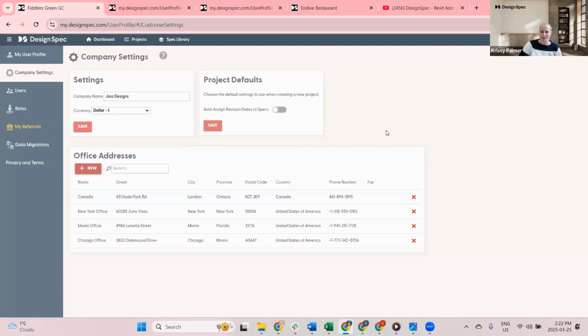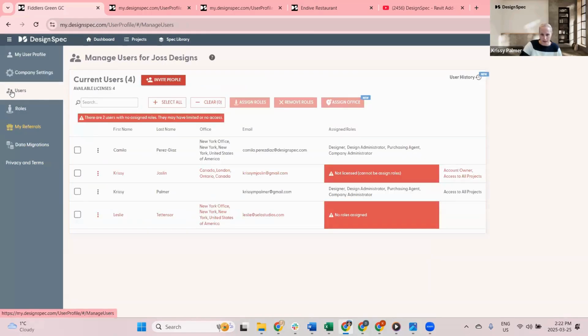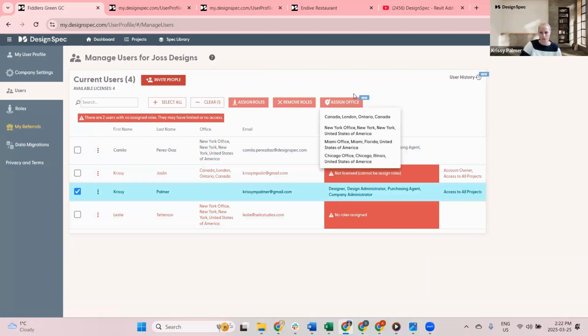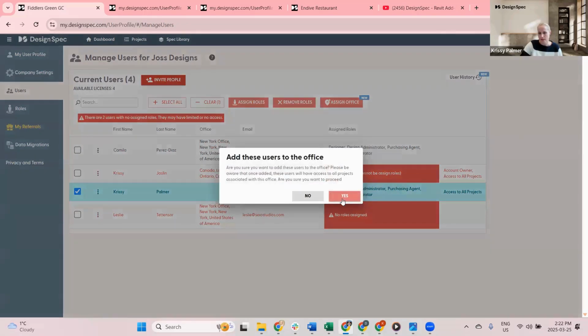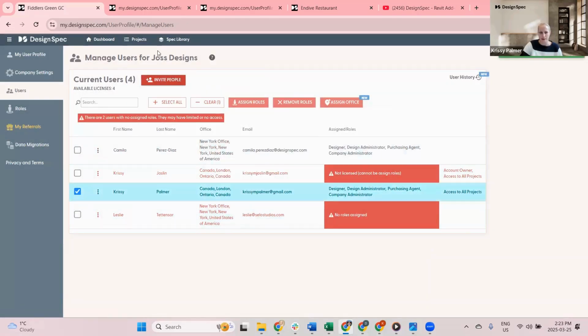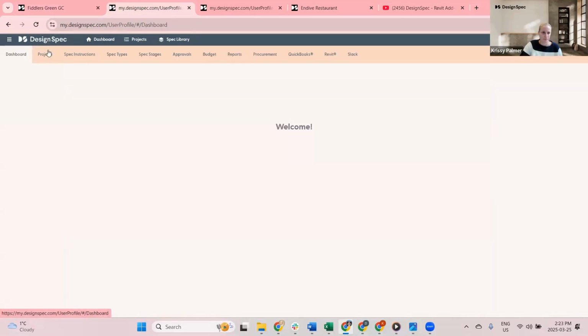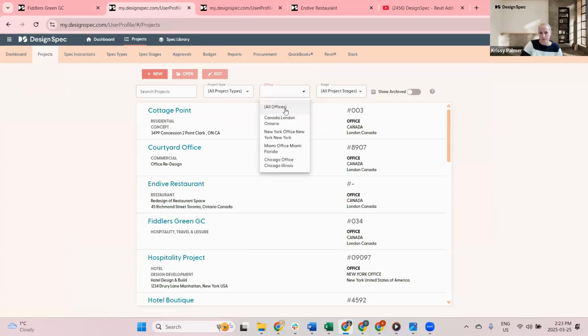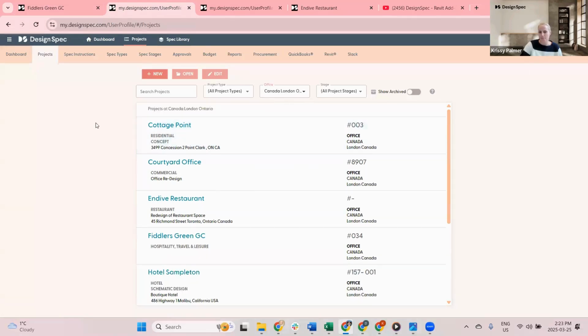So what you're going to do after you've set up your office locations is you're going to go over to the users tab, and you're going to see here that we have an office column. So you're going to want to select the person that you want to assign the office to. So this is an option for you to assign offices to users, and then what they can do is go over to the projects tab and they can set up their default office location,